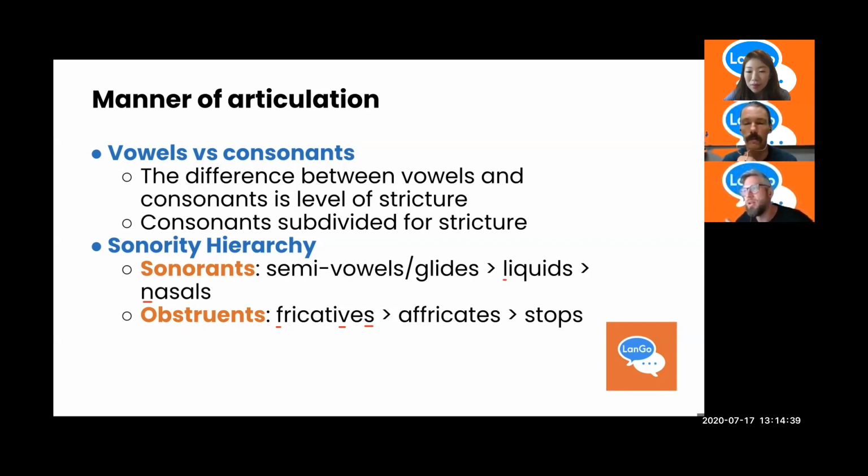The last sound, the least sonorous, the most restriction, is a stop, sometimes called plosive. Now, a stop totally stops the airflow. You may not have thought that's what's going on when you were speaking, but a lot of the sounds you make are just complete closures of the airflow. So, for example, P. The closure is not a sound, we should say. It's the releasing of that closure. That's what we hear. That's what you perceive as the sound.